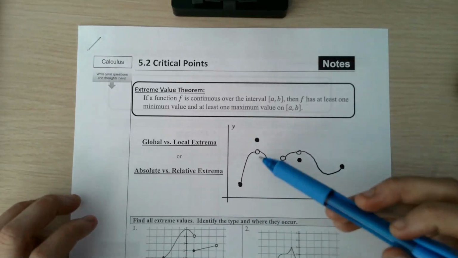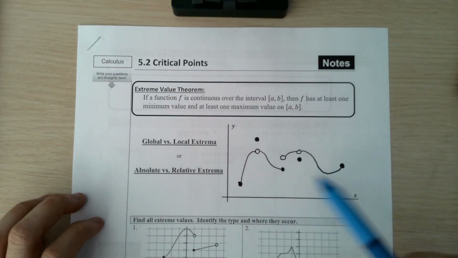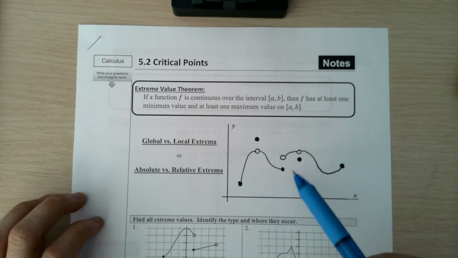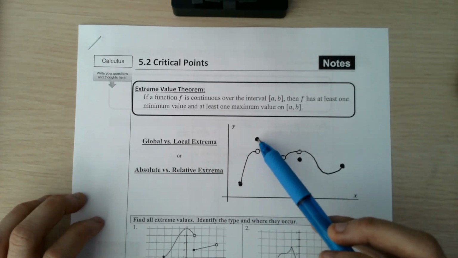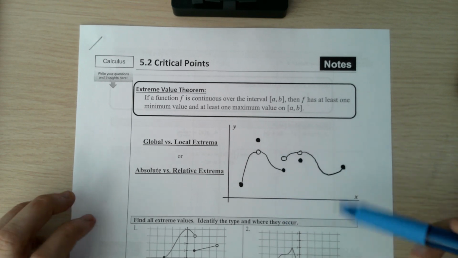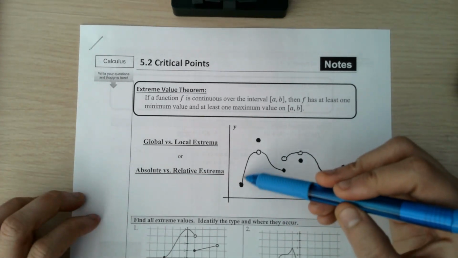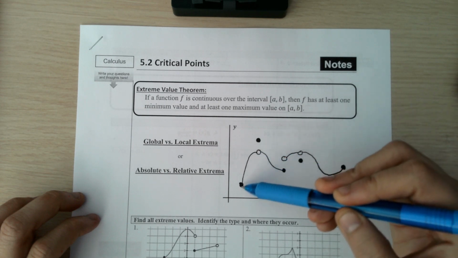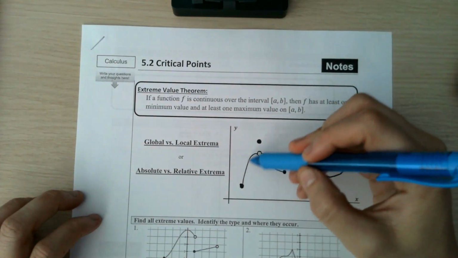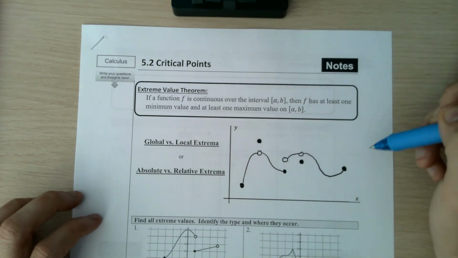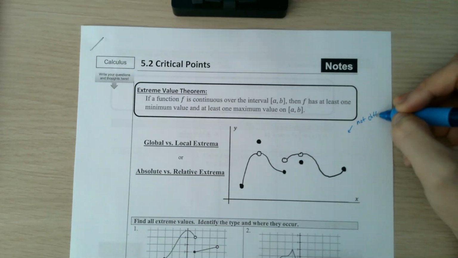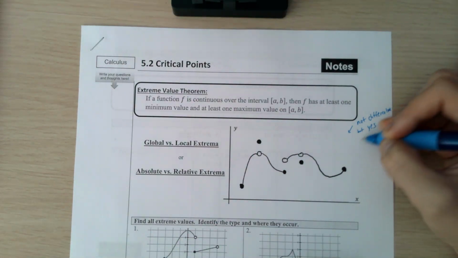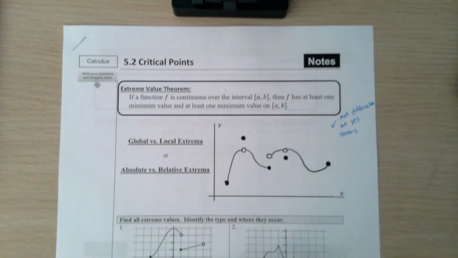So if we look at this graph, even though it looks sort of crazy, it's still continuous because every time there's a hole, there's still a value there, right? So even though there's a hole here, we still are giving it a value. So it's technically continuous, even though we have to lift up our pen. Since we have to lift up our pen to draw this graph, it's not differentiable, but yes, continuous.